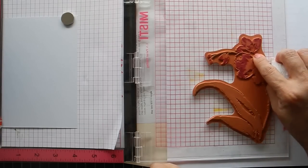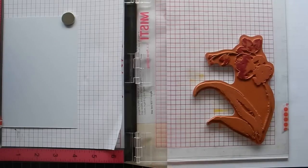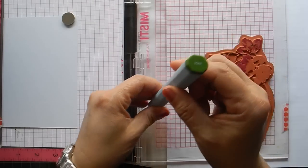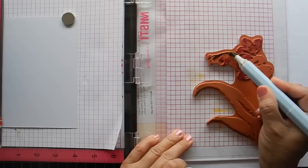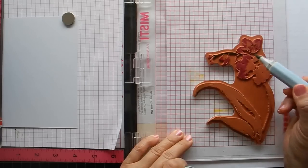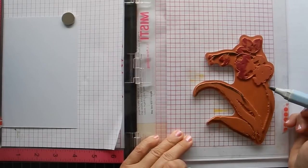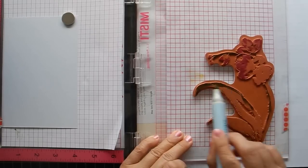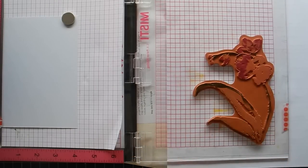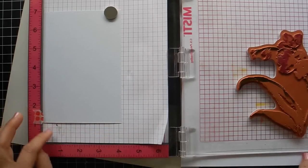And here's supposed to be the green stamp, but I colored it, so I'm going to wipe that off. And I also am using the green one. Again, because it's the first time, we're just going to roughly color the image because we're going to add more colors to it. And I have positioned the paper here, and I put a washi tape just to mark it,